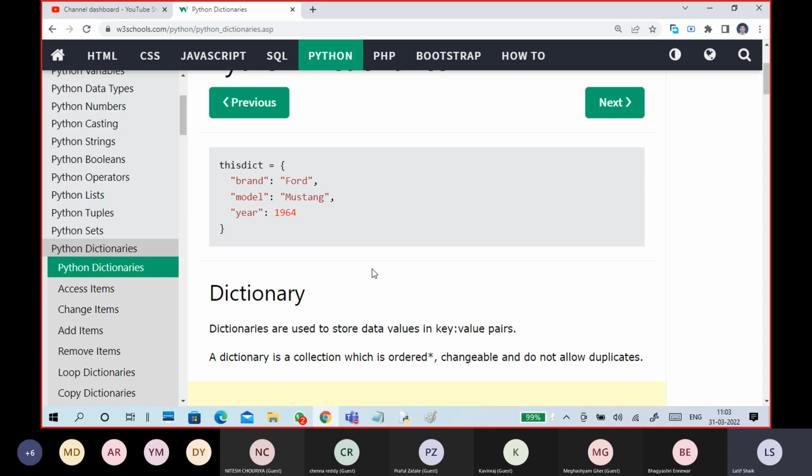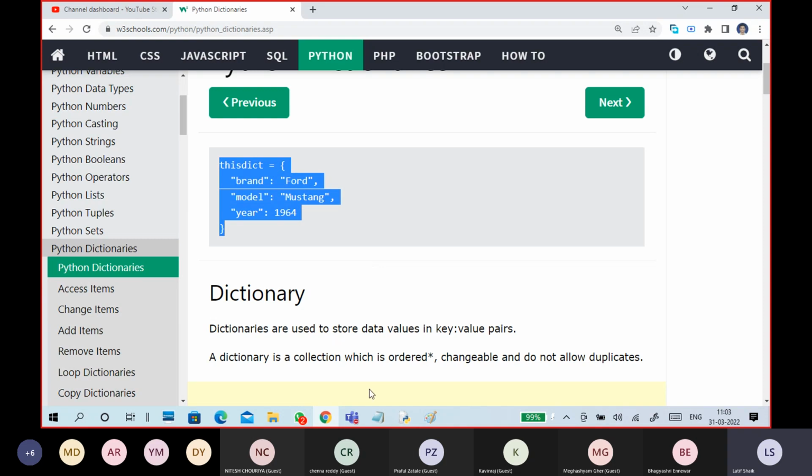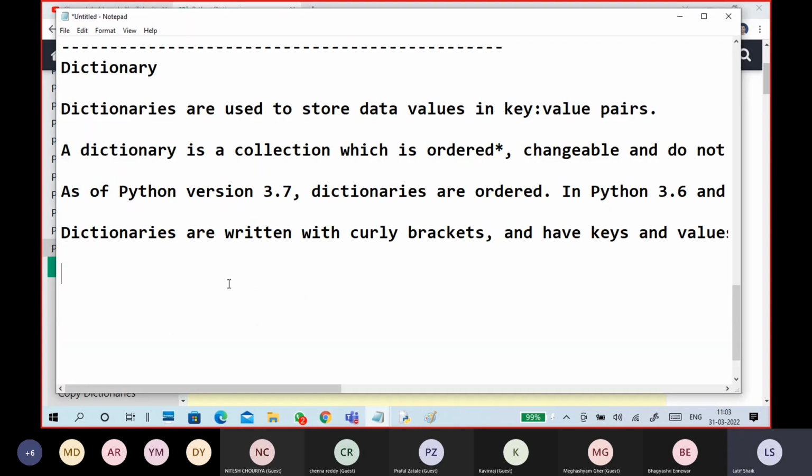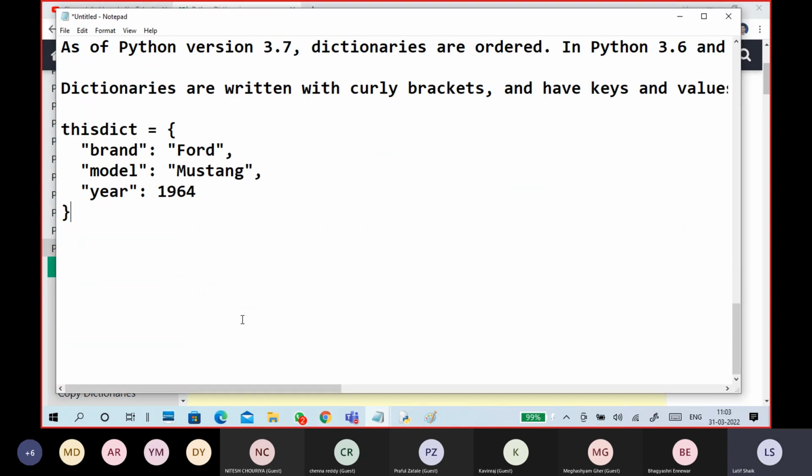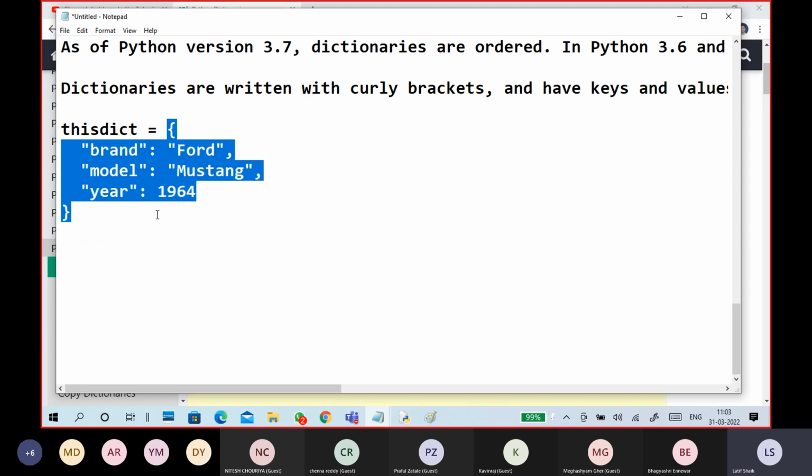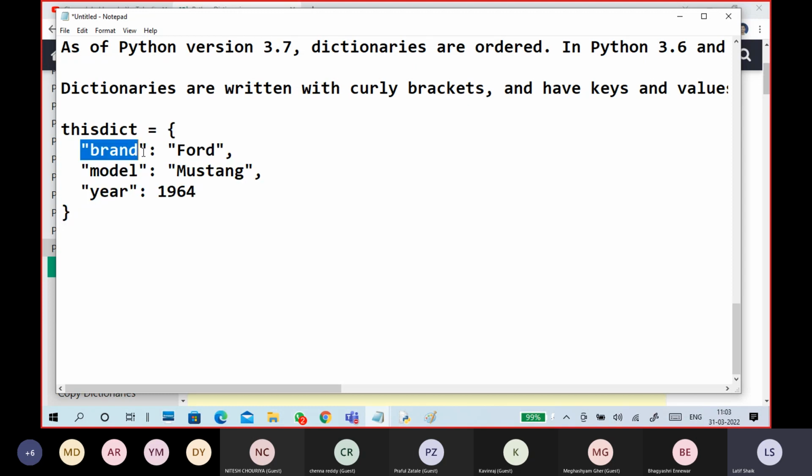Important thing is, try to understand. See here, a dictionary is defined under curly brackets, and this is the key, and this is the value. Key value, key value, like this.